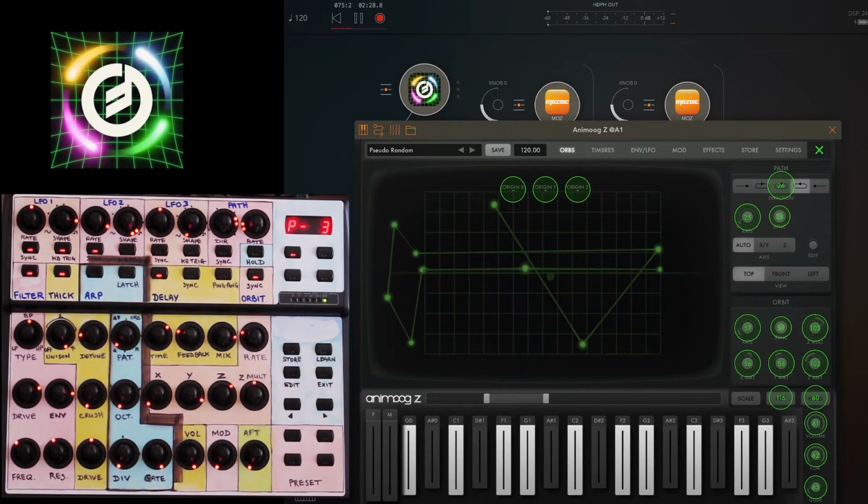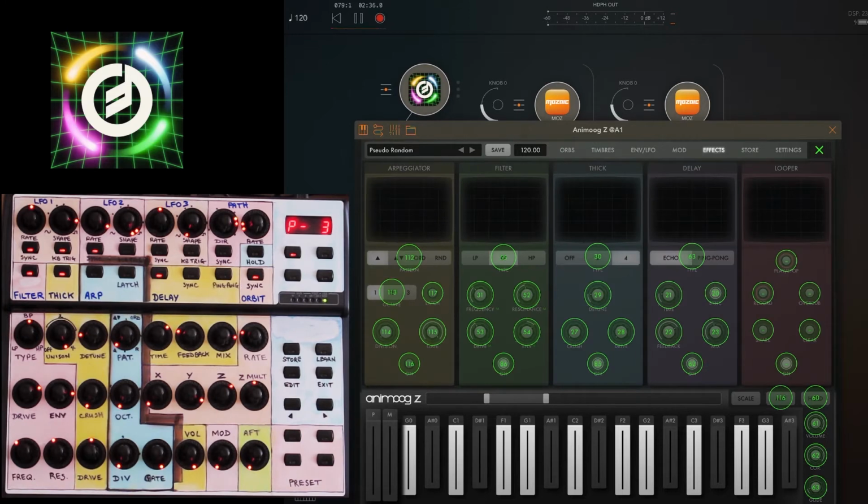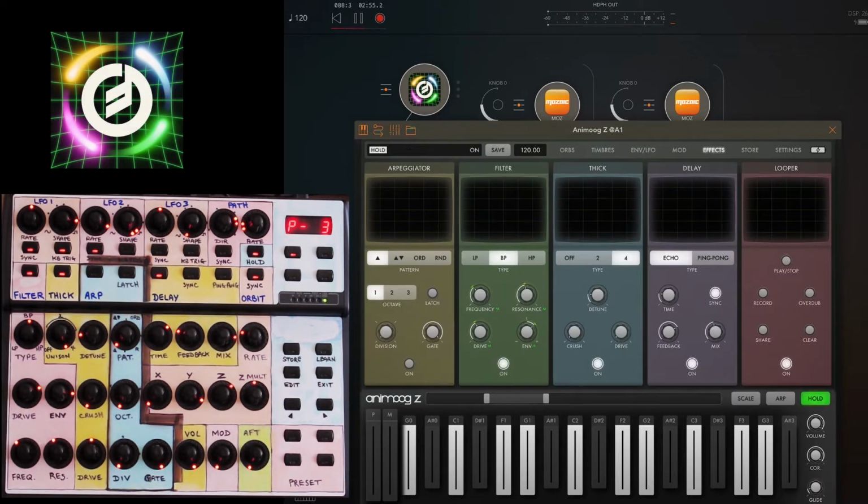Most importantly, if we go into, where should we go, effects, most of the effects are mapped. So I've got the arpeggiator, the filter, the thick and the delay all mapped to controls on the BCR 2000. If I just illustrate that by, got a note going and that's on hold. If we look at the filter,